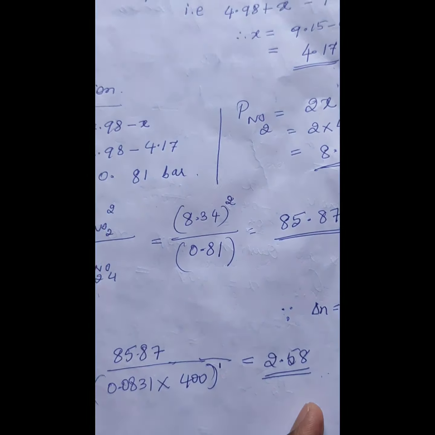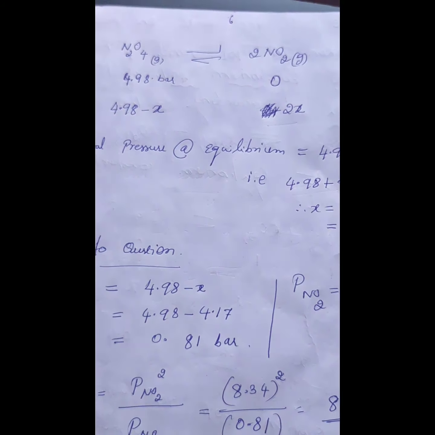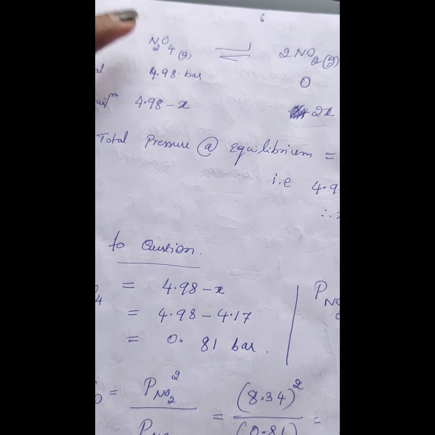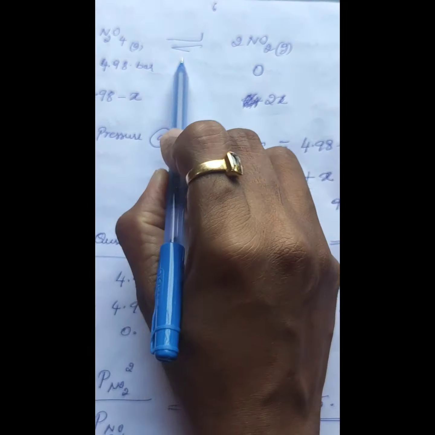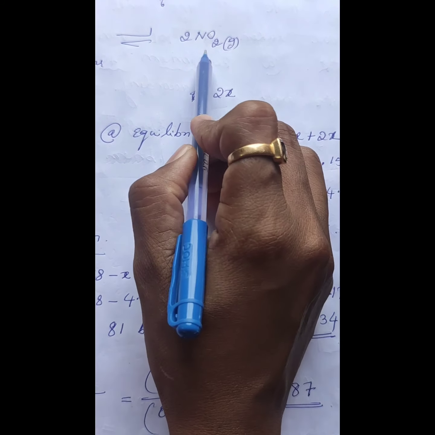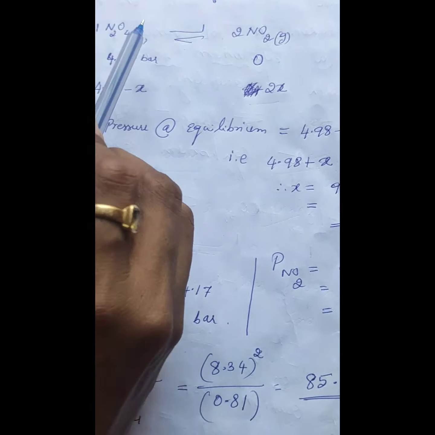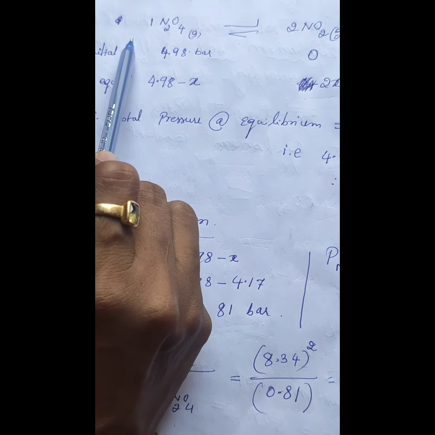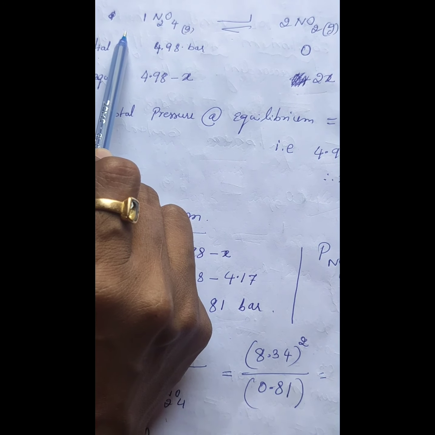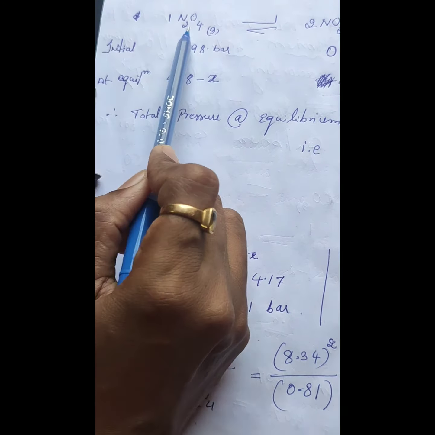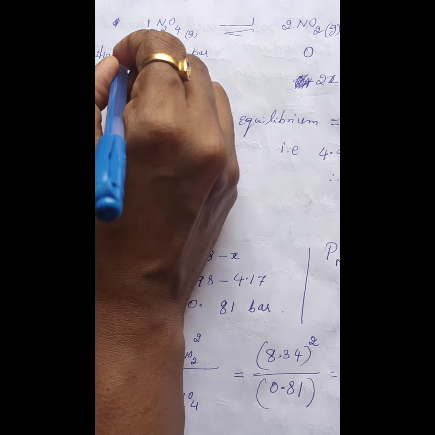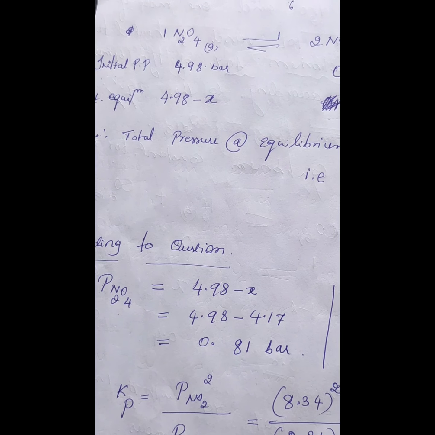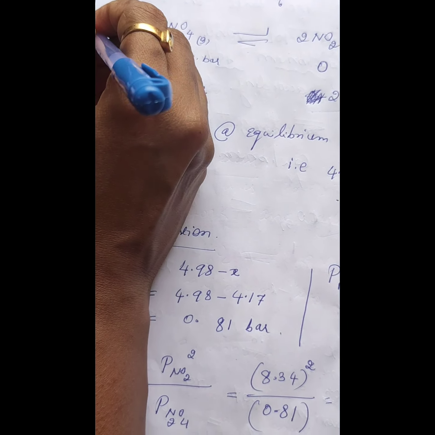Now, for the reaction, we have to start the actual steps. What is the reaction given? 1 mole of N2O4 is getting converted into 2 moles of NO2. But initially, only the reactant is available. They have given 1 mole according to the balanced chemical equation. But we will not take concentration. Since it is a gaseous reaction, we have to consider the initial concentration in terms of partial pressure, that is, the initial pressure or initial partial pressure at time zero.